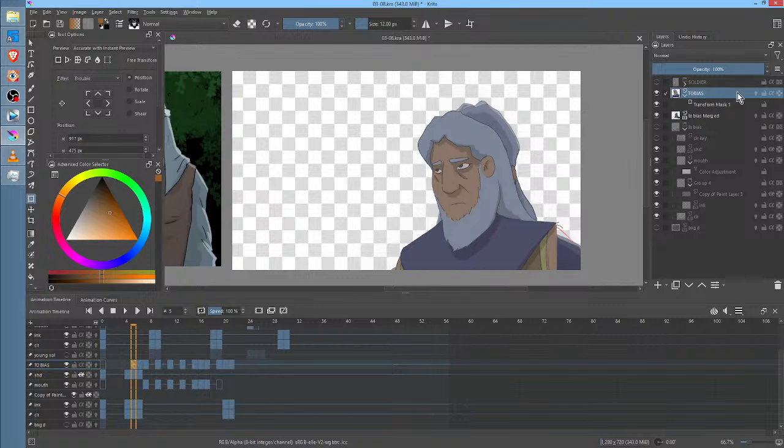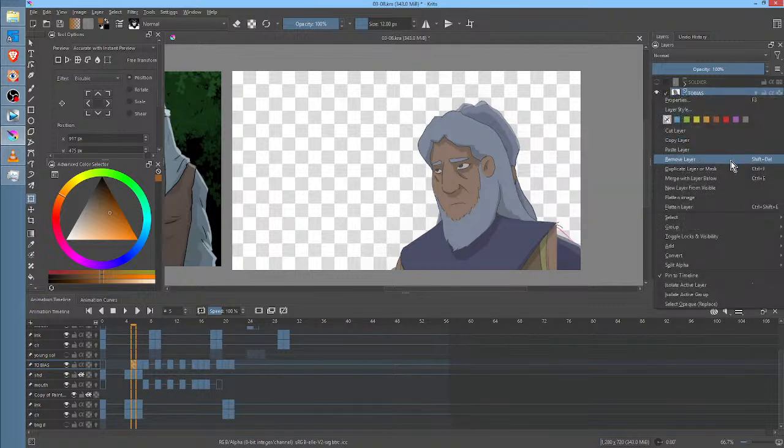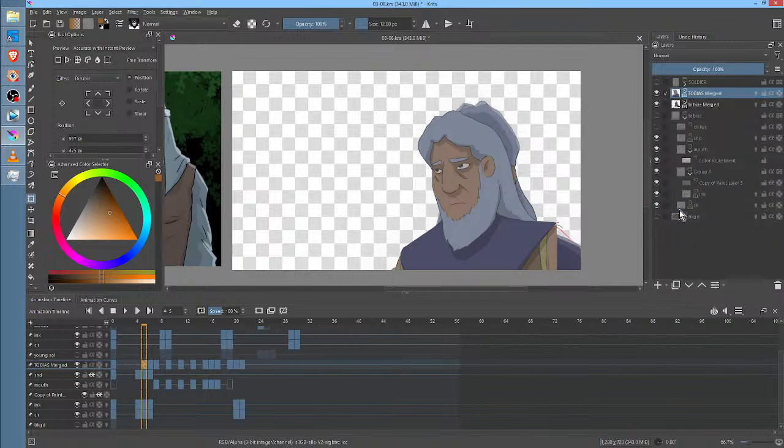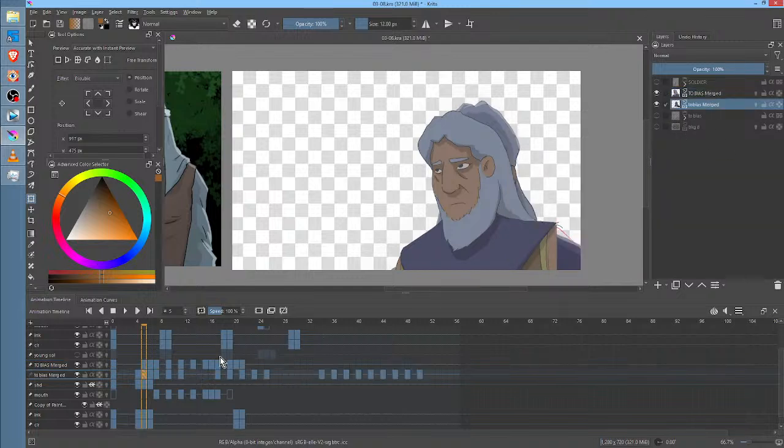If I'm pretty sure this guy's where he's supposed to be, then I might as well bake in the transform mask there as well, which is done in this case by flattening the layer. If it was a group, then it would be merge group. But if it's only one or two layers or a layer with a transform mask, it's flatten layer. They do the same thing, basically. Okay, so now that we've got these flattened,